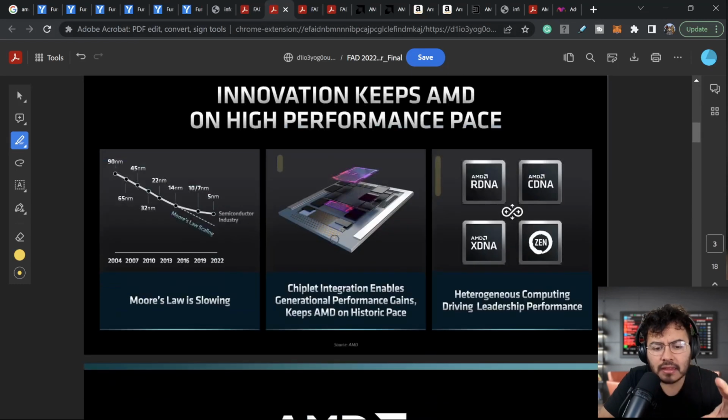And in this slide, they talk a little bit about their leadership position and what makes them super strong. One thing that we're seeing right now is this chiplet architecture and chiplet integration, where right now it's getting difficult to make the whole chip smaller. So if you are in advanced products, you're teaming up with companies like TSMC. You start off with the 10 nanometer CPU, now the 7 nanometer, next the 5 nanometer, next we're going to see the 3 nanometer, and the list goes lower and lower and lower.